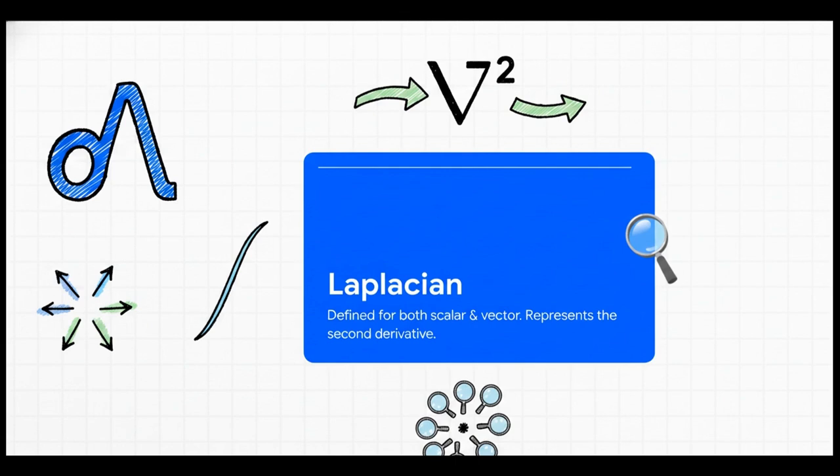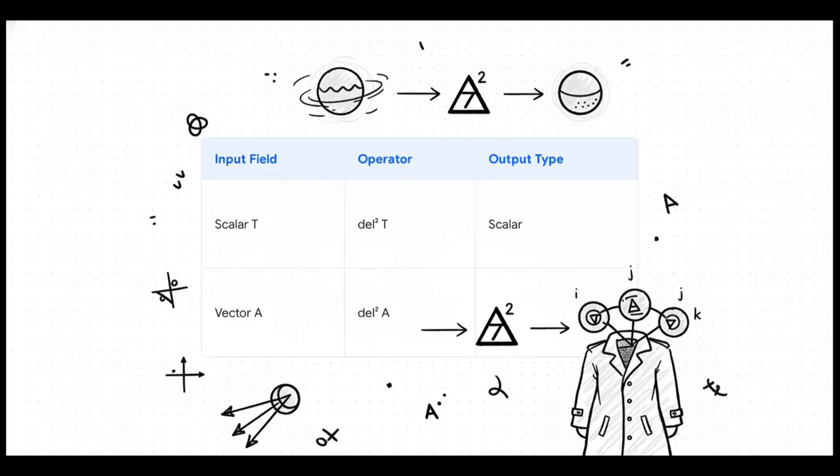It represents the second derivative in space. Basically, it tells you how the gradient of a field is diverging. It's a measure of how much the value of a field at one specific point differs from the average value of its surrounding neighborhood. Seeing the Cartesian formulas in action makes this a whole lot clearer.